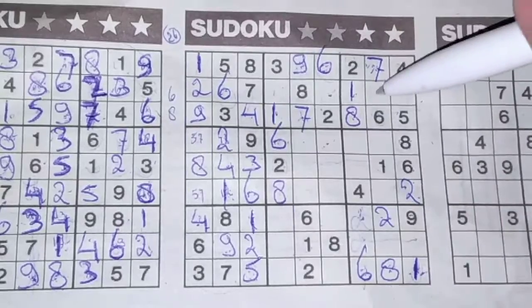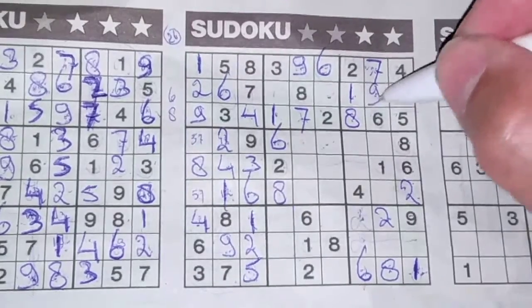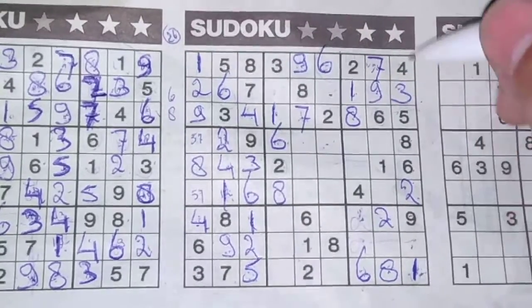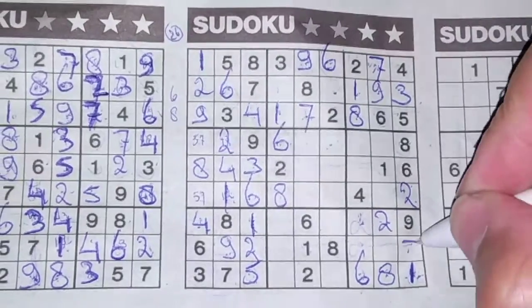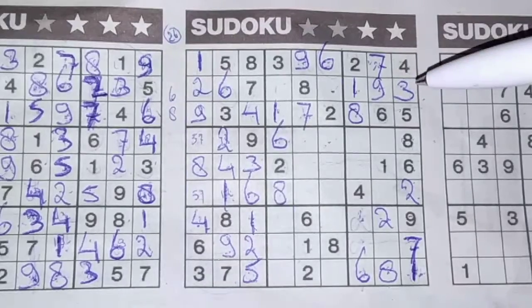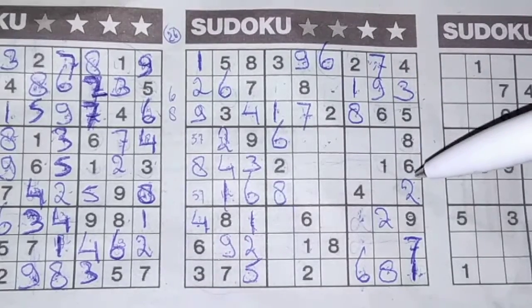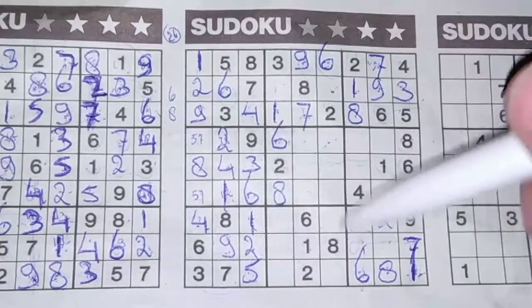How about these two? The 9 and the 3 are missing. We have 9 here, no 9 there. 9 should be here, and the 3 goes there. 1 number left in the last column for the number 7. Then